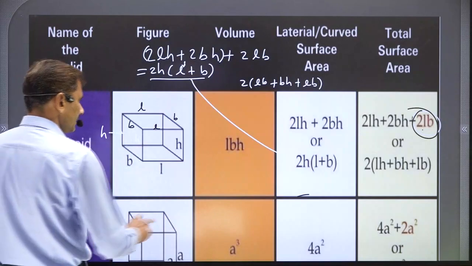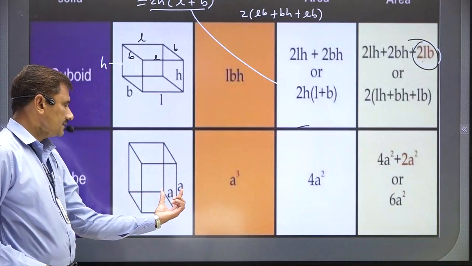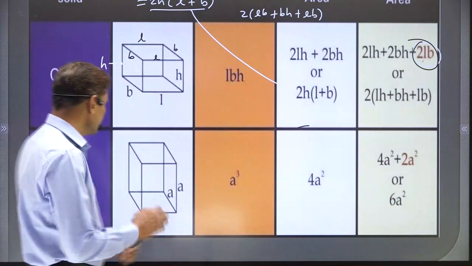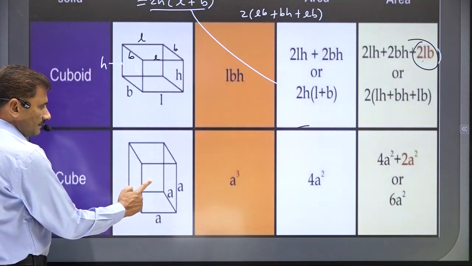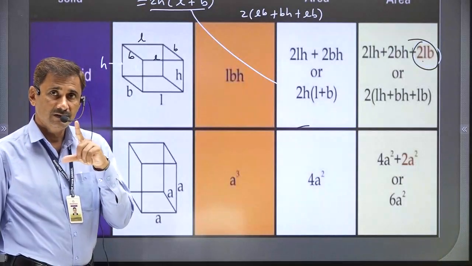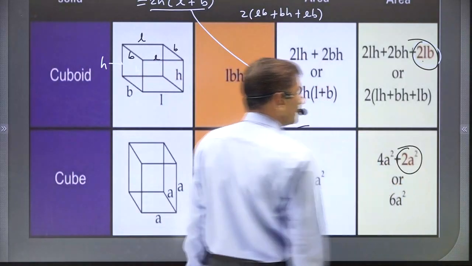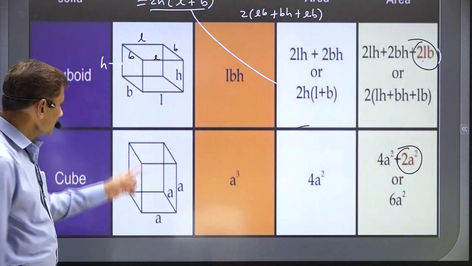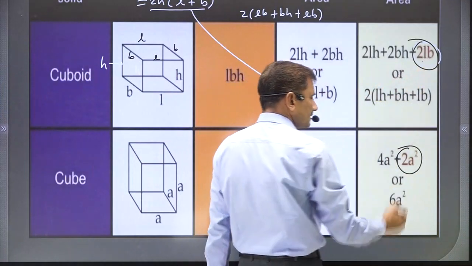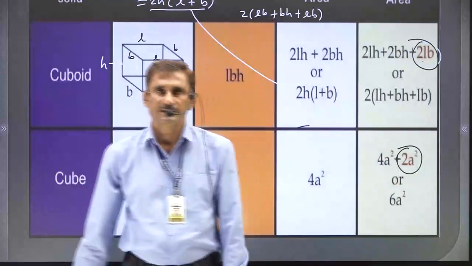In the cube we already discussed, but still you can know here. Here 4a square. Why 4a square? Sorry, 4a square lateral surface area. Because 1, 2, 3, 4 means left, front, right and back. So a total of 4 surfaces and each is a square. So 4a square. Now what is new here? 2a square. From where? Top and bottom. So just like this extra is added here, 2a square should be added extra. So it will become 4 plus 2, 6a square.